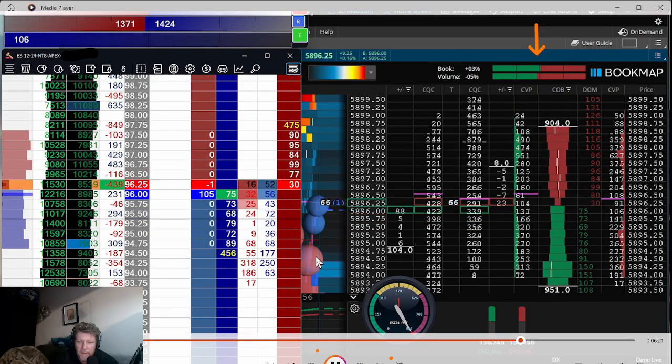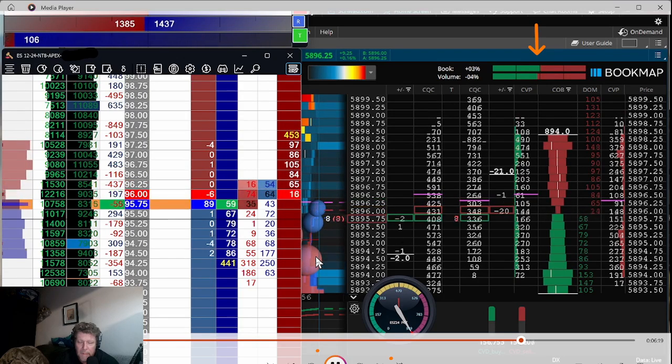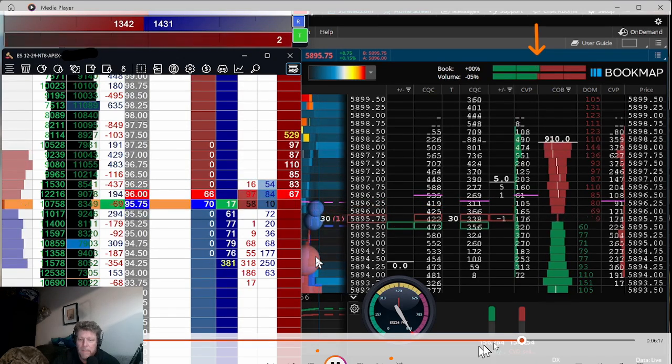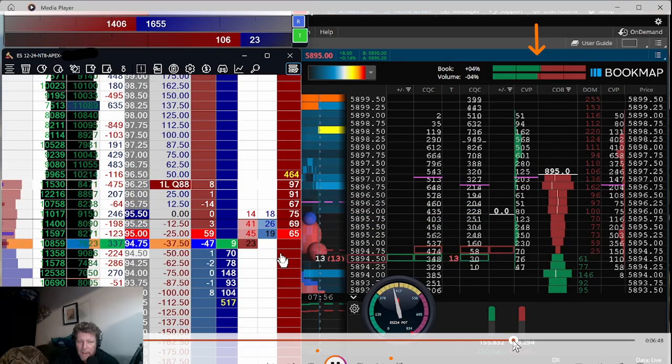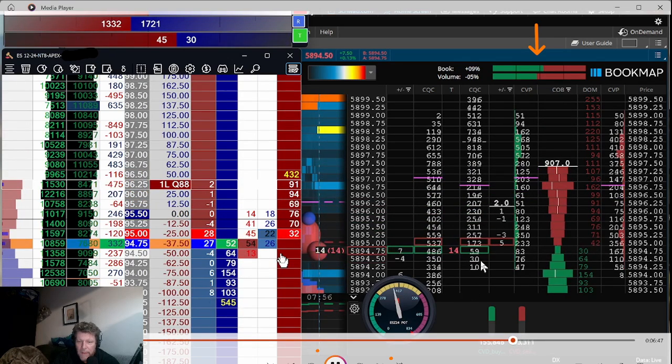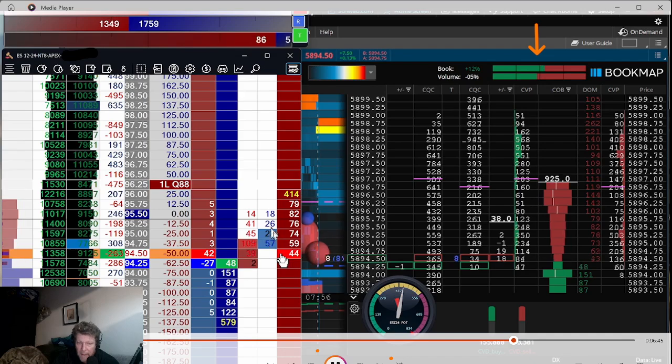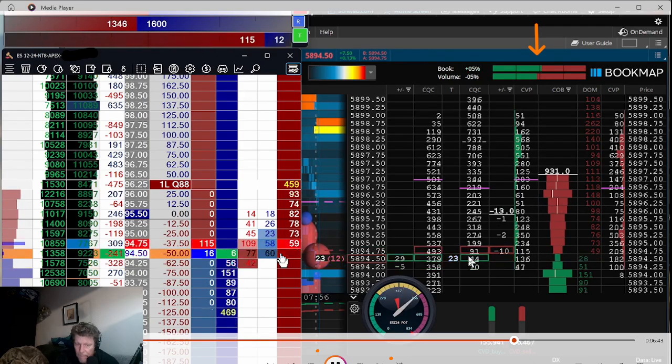And filled. Not too shabby. I just want to rewind that slightly and just show over here on the right. So I had gotten long, it kind of fell away. I let it go